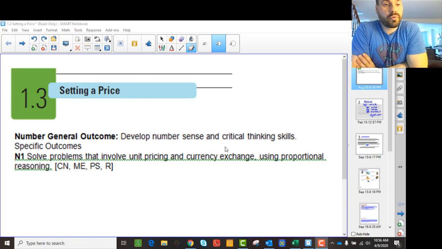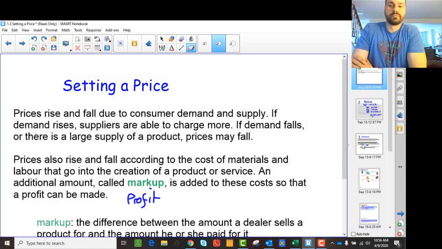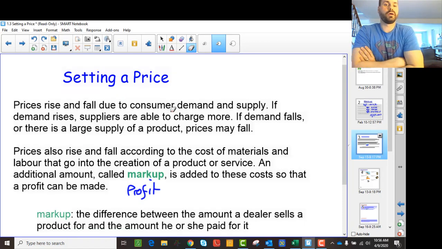We're going to discuss setting a price, which is in the N1 section, the number section of the GMF curriculum. And we're going to talk specifically about markup. And so we want to understand what that is. So in order to set a price,